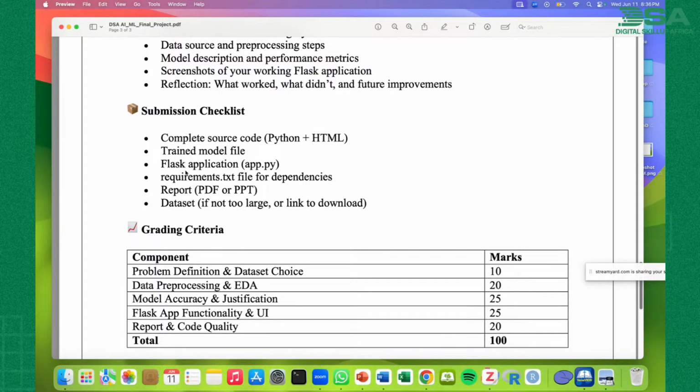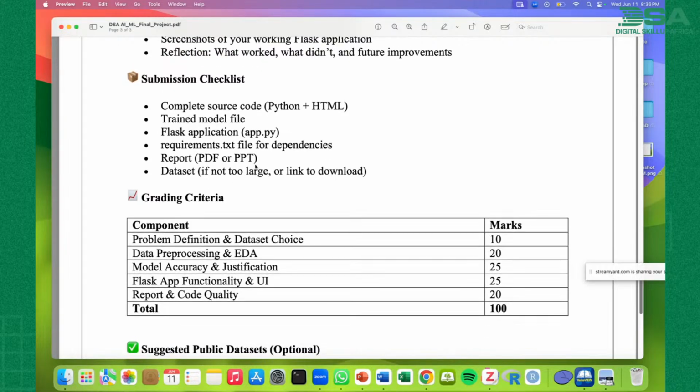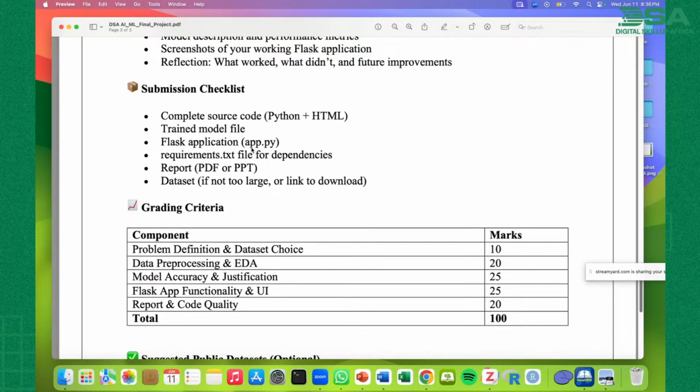So all these things must be in your folder, the final folder you are creating. I will advise that there are two ways you can do your submission. We'll decide and get back to you. Either you use your Kaggle, or we use your Google Drive and you share it, or we'll give you a Google Drive where you will all dump it for us in your folder with your full name, so I will know who is who.